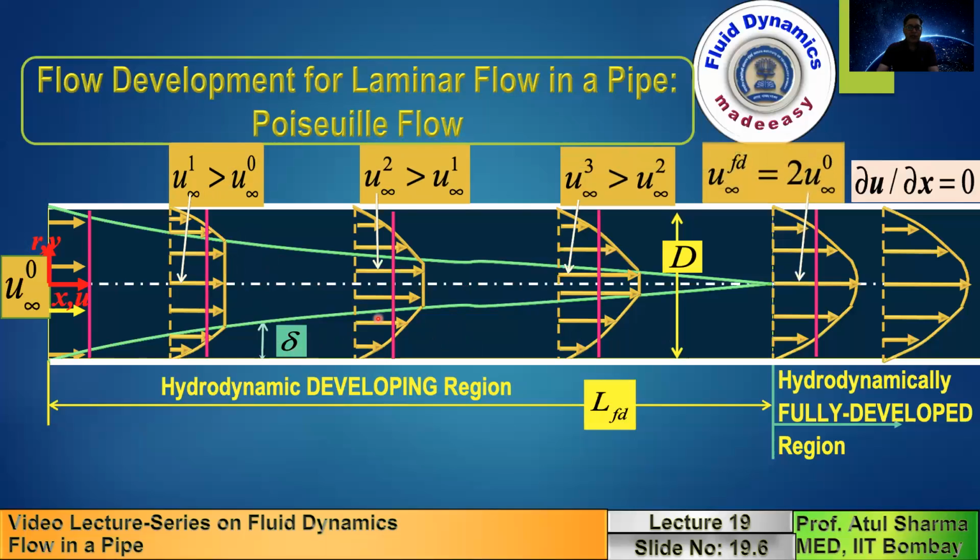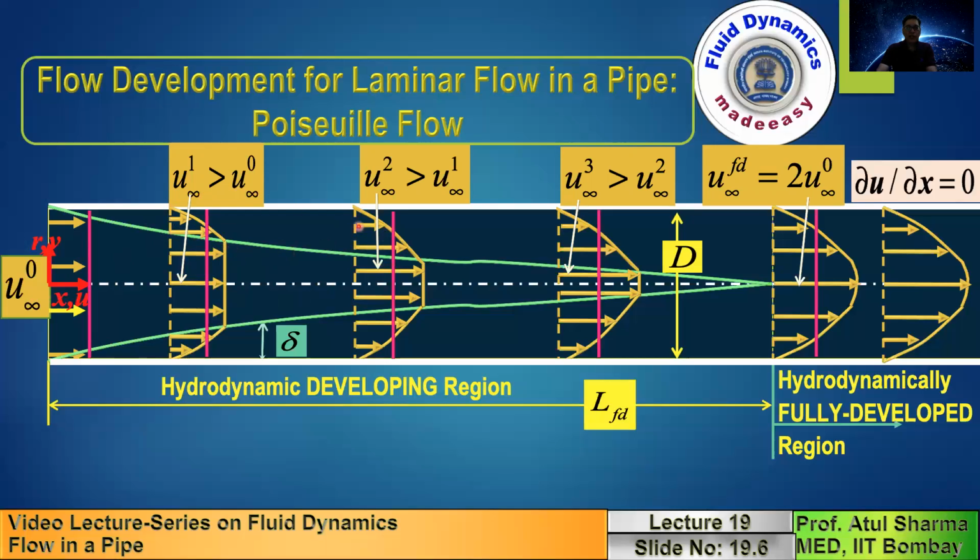So as I mentioned, this is the central region where you have a core flow, where the velocity profile has a constant velocity in the central region. This velocity at this location is denoted here by u infinity 1, and the inlet velocity is denoted here by u infinity 0. This u infinity 1 is greater than u infinity 0, and when you move further downstream, now